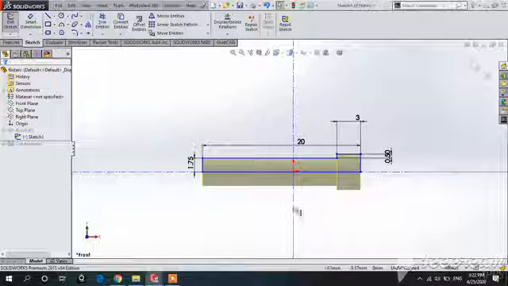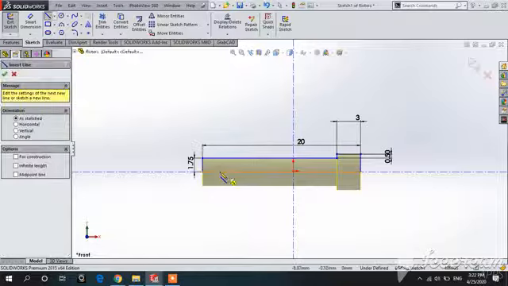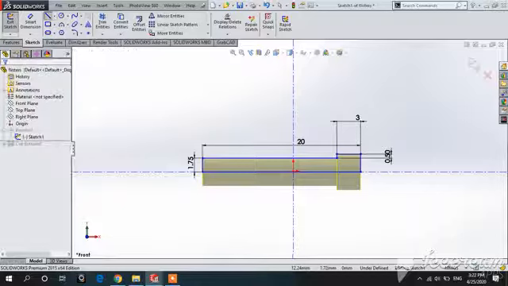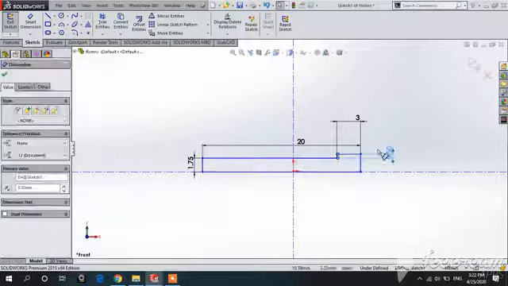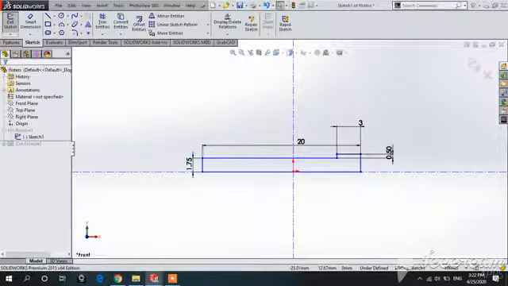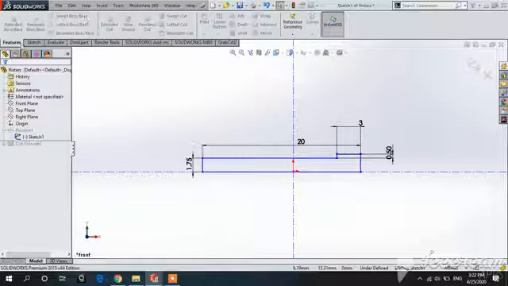Come to the flister part. In this part you have to select the sketch and line, select this type of line, and this. The dimension of this small gap is 0.5, and the distance between this point and this point is 3. Distance between this point and this point 1.75. The overall distance from this point to this point is 20.